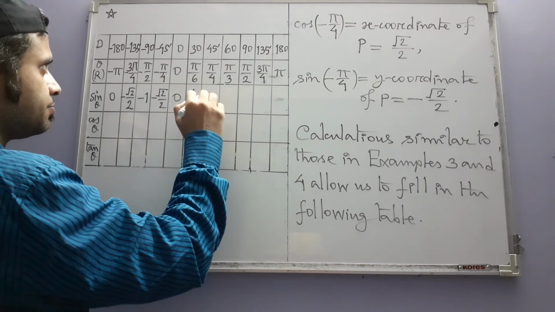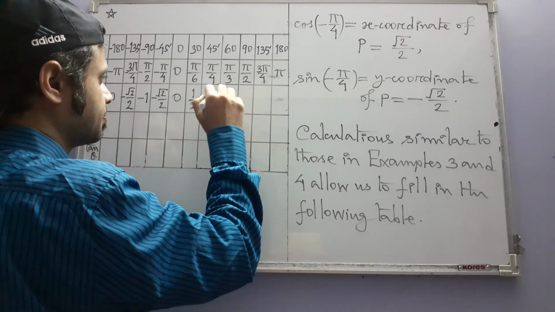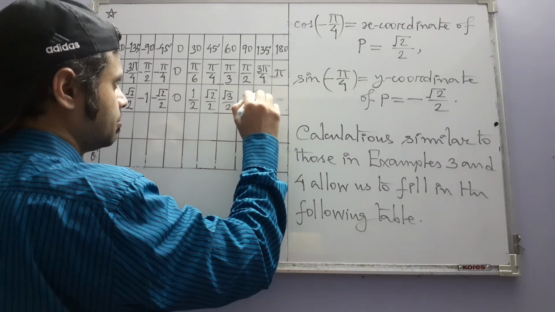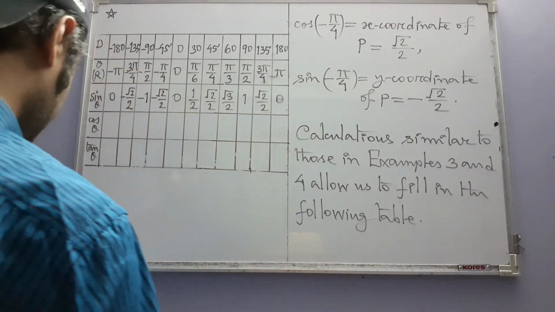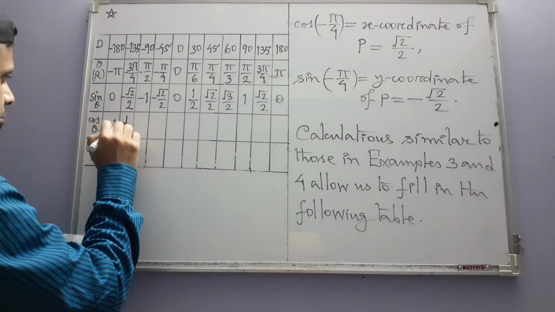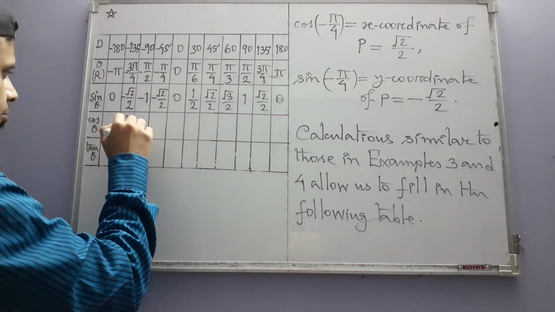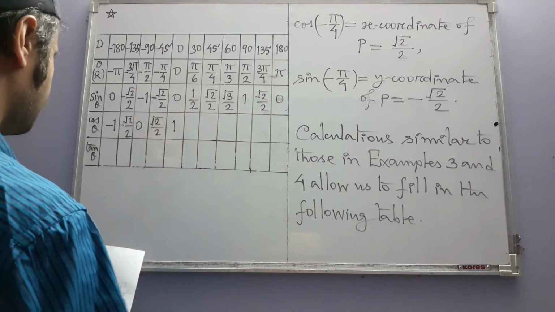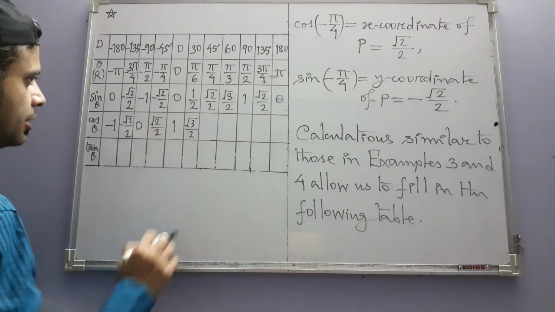1 over 2, square root of 2 over 2, root 3 by 2, this is 1, root 2 divided by 2 and 0, minus 1, minus root 2 divided by 2, then 0, root 2 divided by 2, this is 1, root 3 by 2,